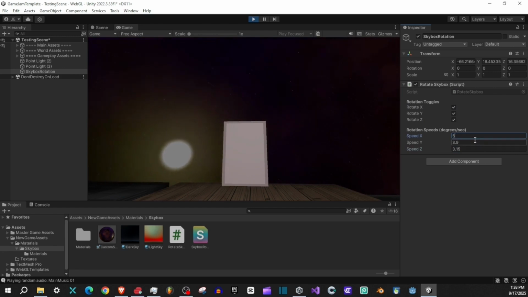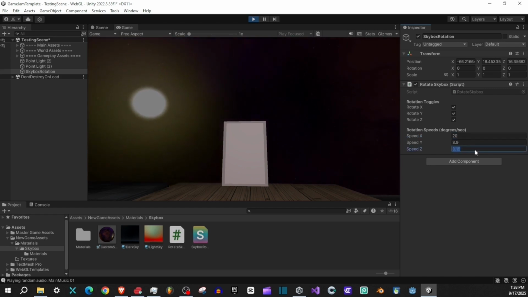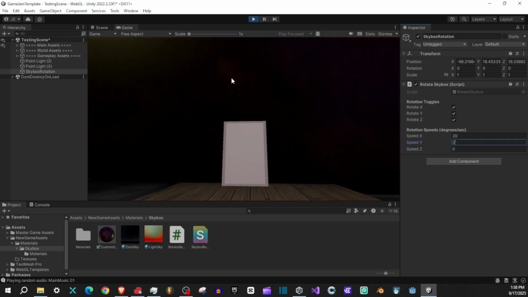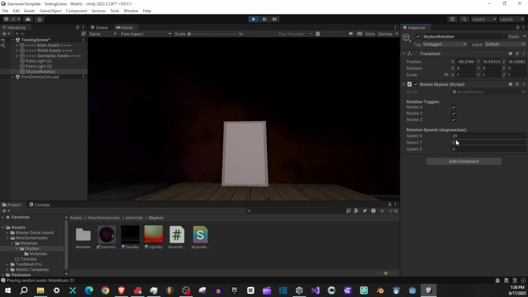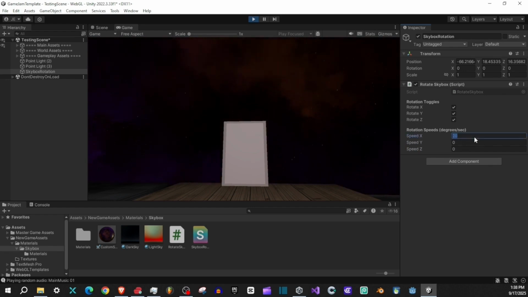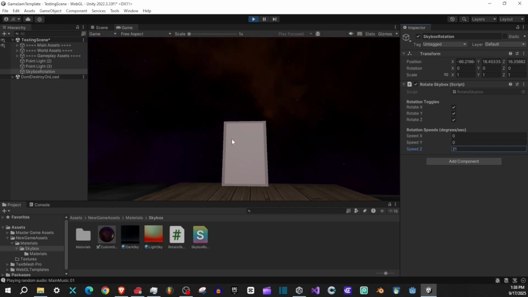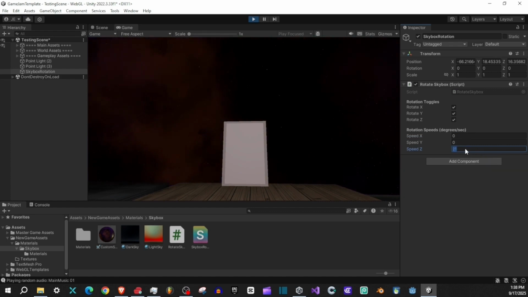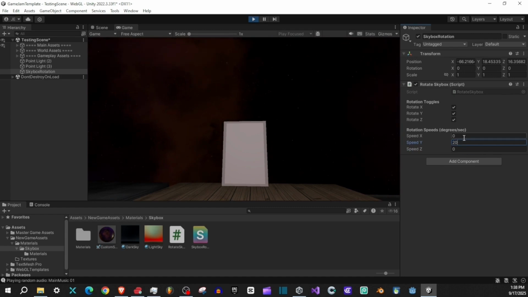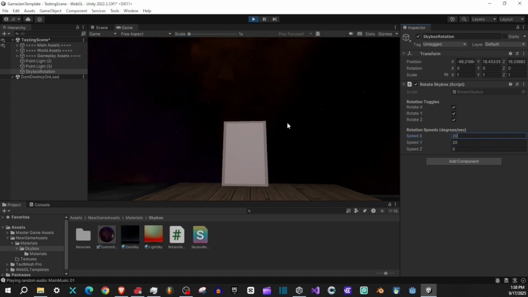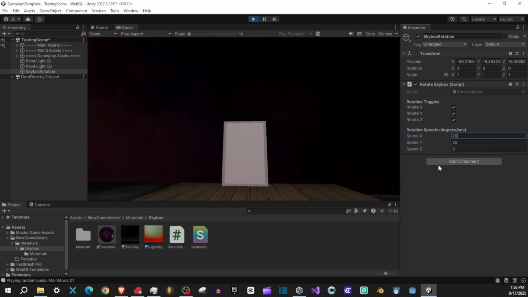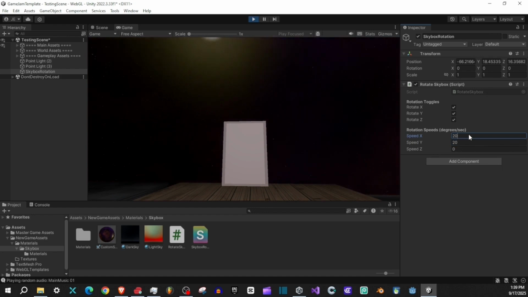And then here I can put like 5, or we'll just put 20 to test it. So you can see here, but check them all on, but then I leave zeros and I pick the one I want, it'll rotate in different directions based on what I choose. So if I choose different directions, it'll rotate differently, and I can combine them to get different results as well. So it's all on how you want to set that up, but that's how you can make your sky background